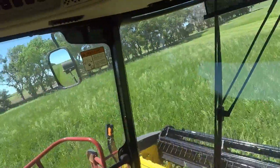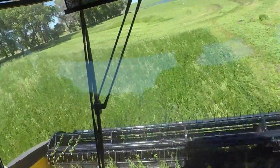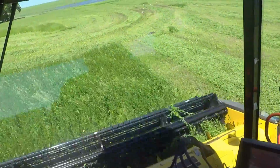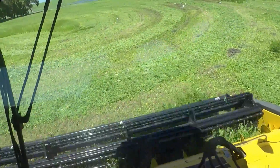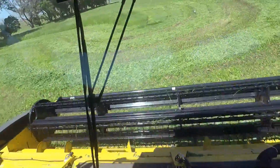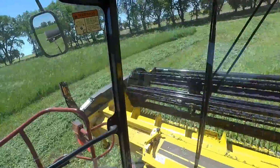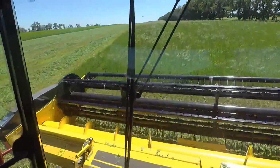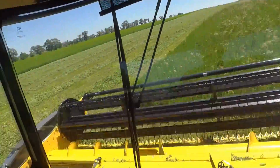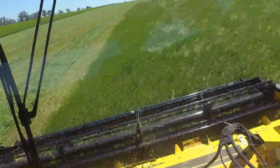So while we bought this machine for swathing down crops for grain, that's when I started thinking, well, start looking for a Haybine head for it, giving it another use. I looked at several used ones and even some pull types, but I just pulled the trigger on a brand new one instead. Prices haven't gone up much for them, surprisingly, so I don't know where they're at now, but